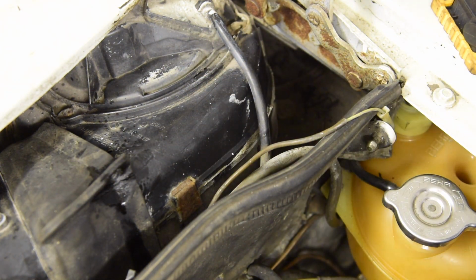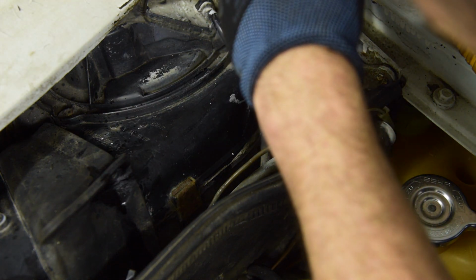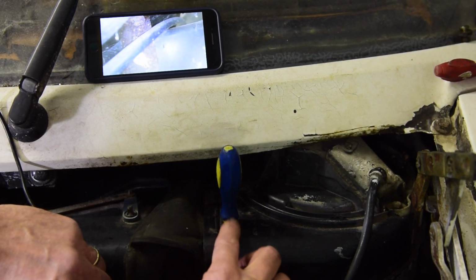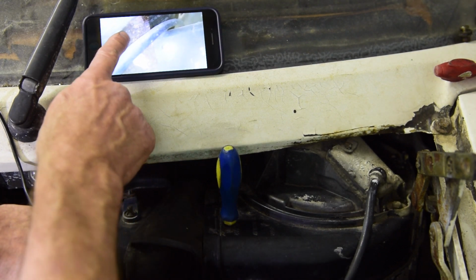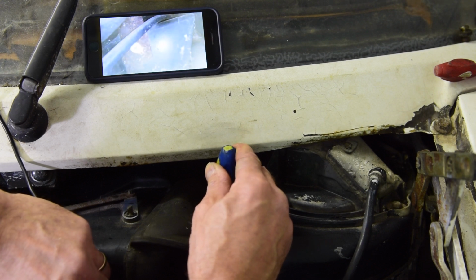It's gone flat. It may have been rounded off by a previous owner. Let's just have a look. Right, I've managed to get a screwdriver to go through the hole and onto the screw inside there. I managed to use my endoscope to look on the underside of it. And after a lot of pressing, you should...